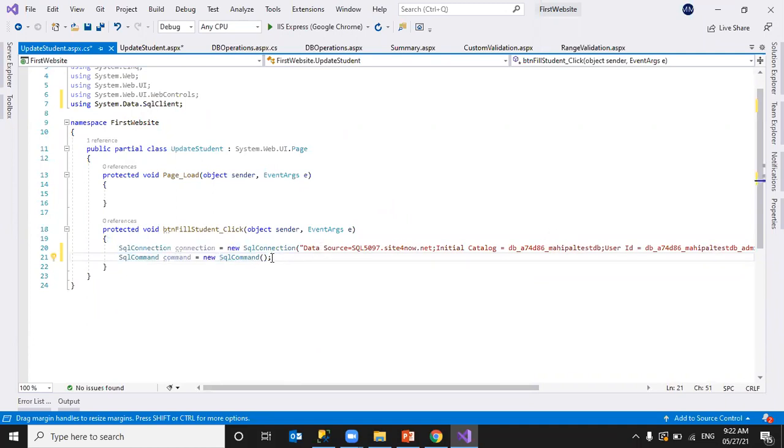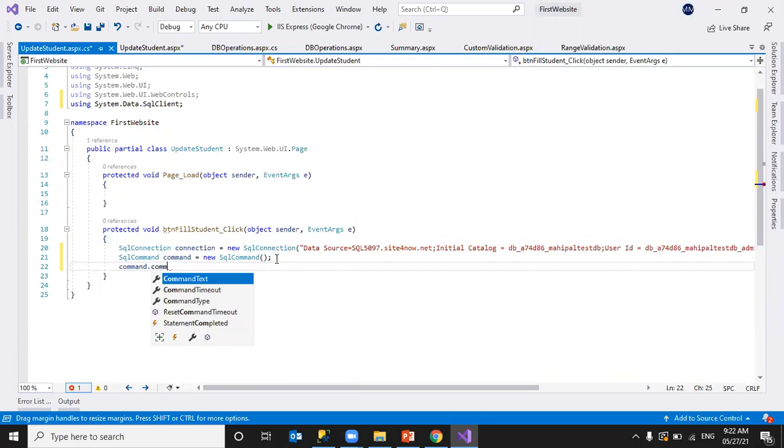So I have a connection string and I have created a command object. Now what is my query? Command dot CommandText equal to select star from student.